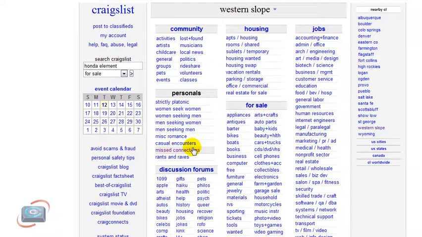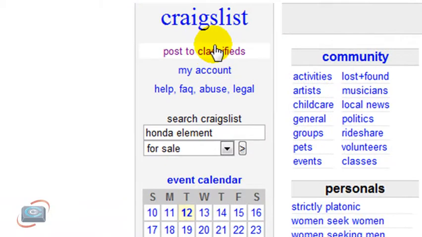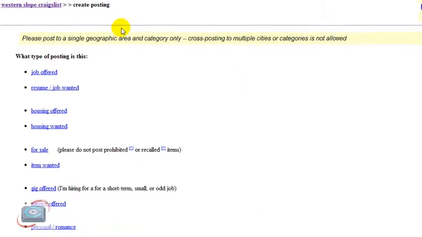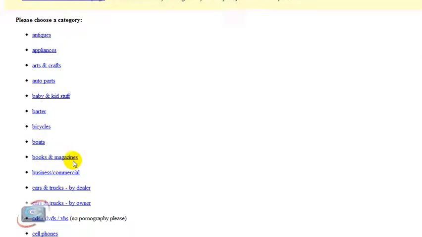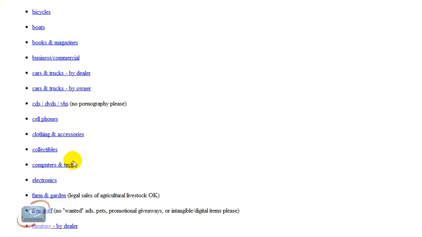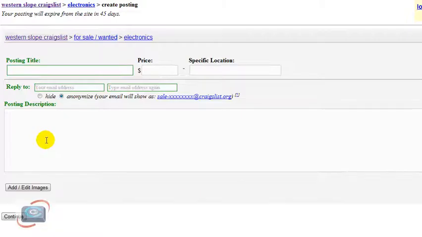Now if you want to sell an item on Craigslist, go to craigslist.org again, and then click right up here in the upper left hand corner. It says Post to Classifieds. So when I click that, it asks you what is your category. I'm going to say I'm just doing a for sale item, and I'm going to look for cameras if they have it. Well, I'll just go into electronics because I'm going to put up a little camera, and I'm going to put